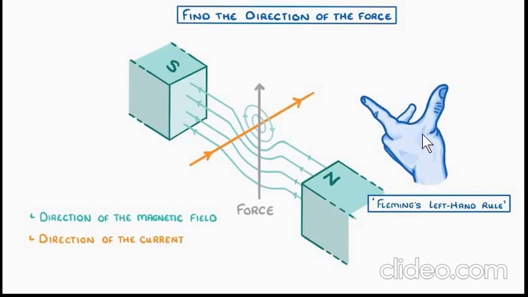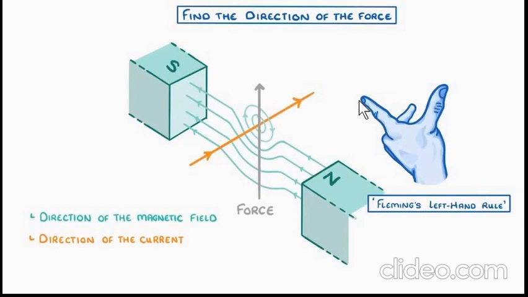In the right hand rule, you have to curl your fingers and the direction of the thumb should be outward, right? Here in Fleming's left hand rule, the direction of the thumb should be upward, the first finger direction should be forward, and the second finger direction should be sideways towards the palm, inside the palm, right? So how they represent these three things, that's what I'm going to tell you.